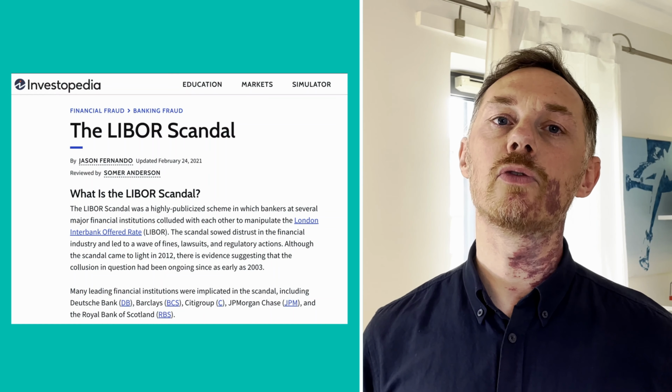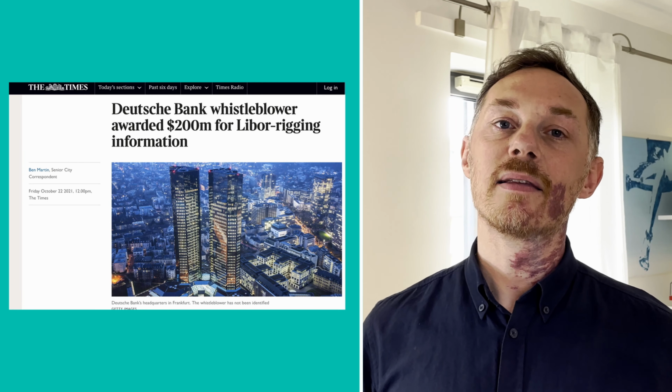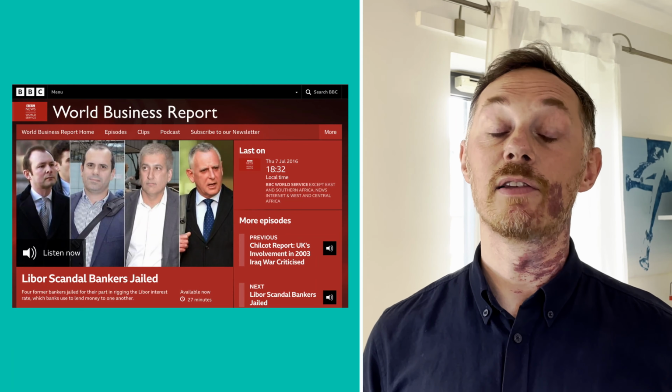A wash trade scheme like the one I just mentioned was seen, for example, in the Libor case. Trade activities linked to this investigation were brought to light in 2012, where several international financial institutions were accused of using wash trade transactions with the aim to collude and manipulate the Libor rate over a number of years.